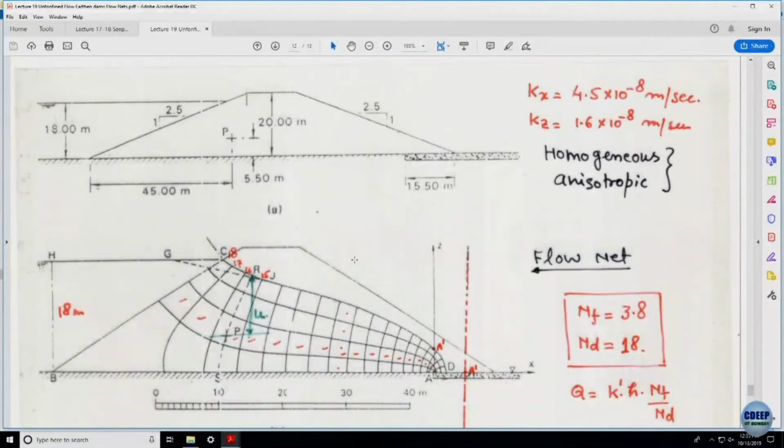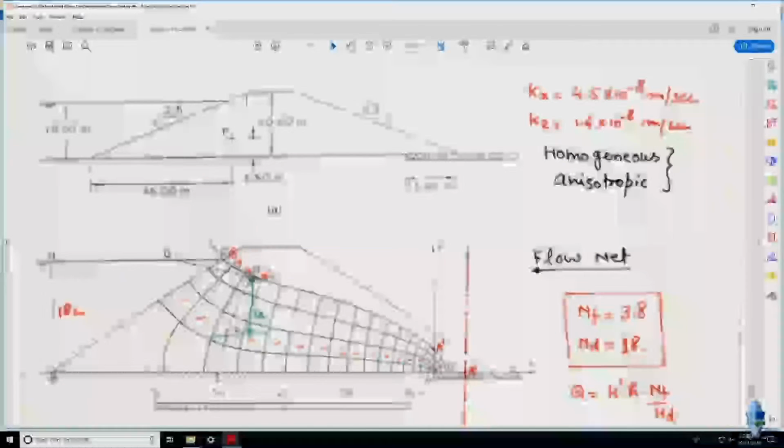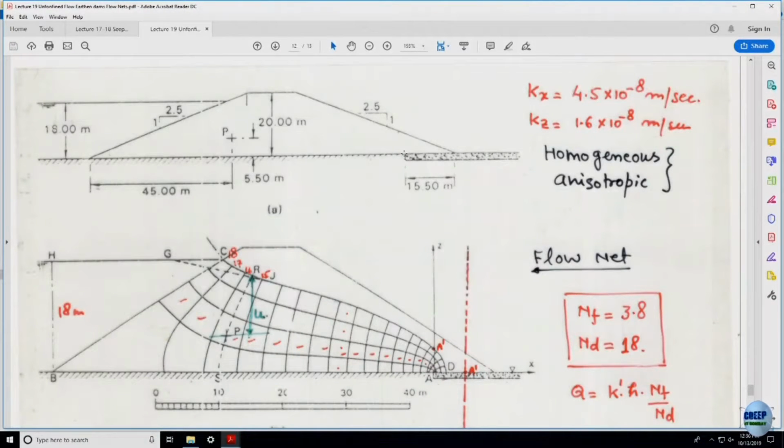So, suppose there is a situation like you have an embankment, there is a filter layer. What I have done is a close look at this figure will show that I have shifted the point A inside the body of the dam, and that answers the question which he is asking, that how would you control the seepage lines so that they do not cut the downstream slope. So, truly speaking, this is the engineering solution which you are providing by shifting the entire layer of the drainage media inside the body of the dam.